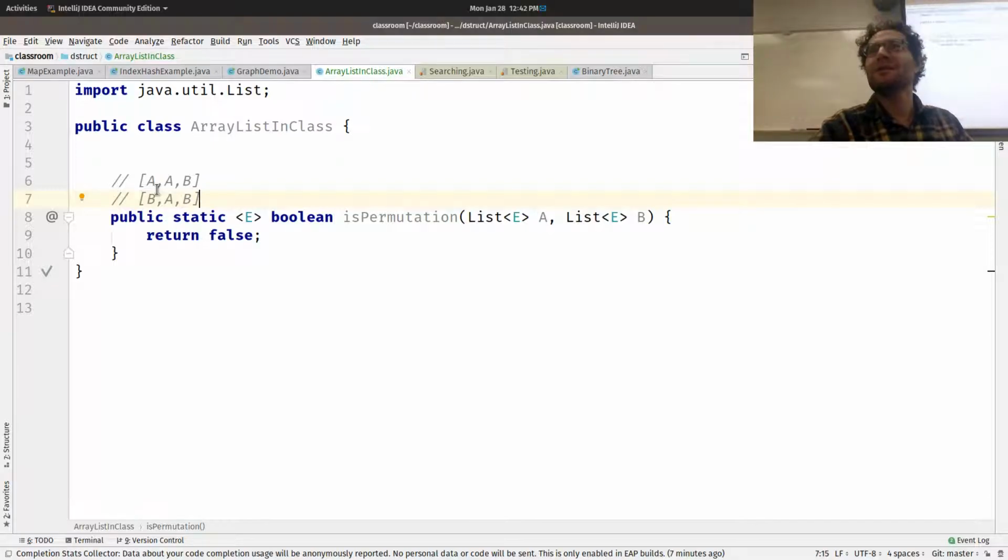Yeah, so she had the idea of just sorting, that if two things are permutations, that means they have the same counts of things and the same items. So if I sort AAB, and I sort BAA, that's going to come out AAB. Compare them. If they're equal, they're permutations of each other. If they're not equal, they're not permutations. It's a very elegant solution to this method,